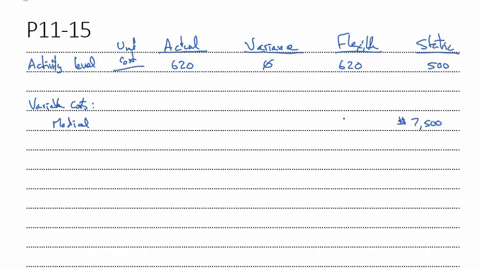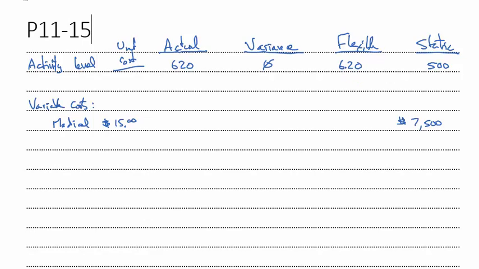Okay. So what is the per unit cost then? Well, 7,500 divided by 500 units works out to a cost per unit of $15. Okay. So now we can take our per unit budgeted cost of $15 and multiply it by the new